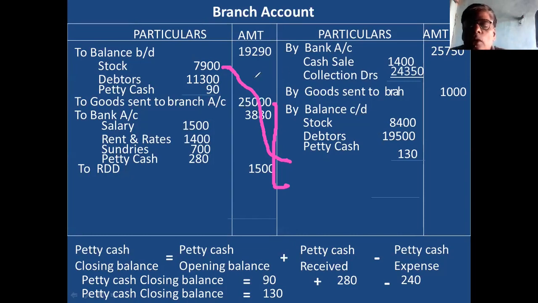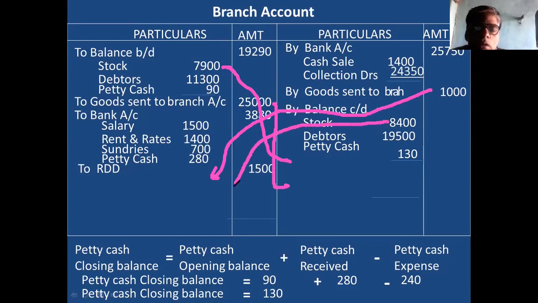So for removal of loading, the first equation is 25 by 125. Already I told you: whenever you do a removal, first take the equation. The equation was 25 divided by 125, which means 1 by 5. So you have to calculate 1 by 5. On the second, the loading on goods sent to branch return, you write on the debit side. And closing stock you also write on the debit side. Two items on the debit side, two items on the credit side, you write and close the account.